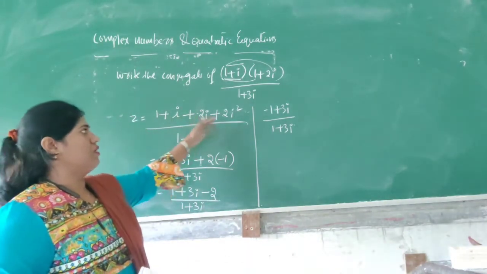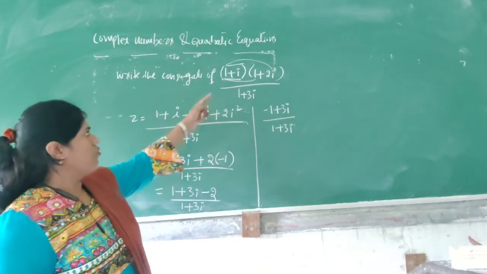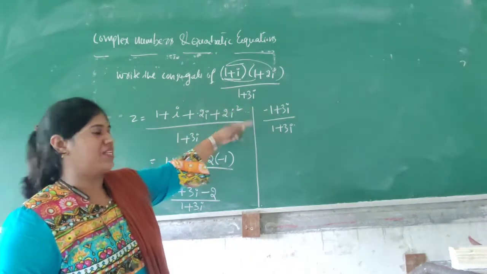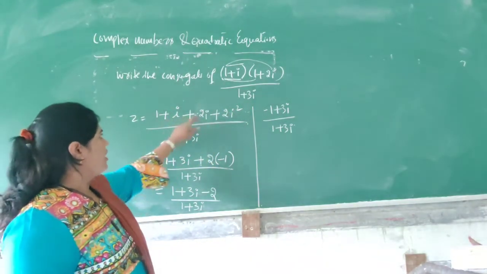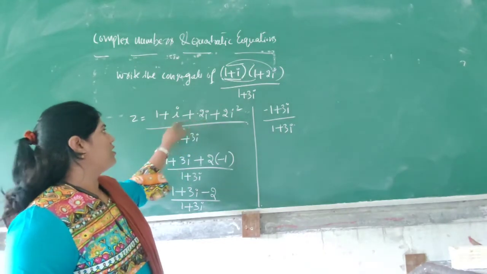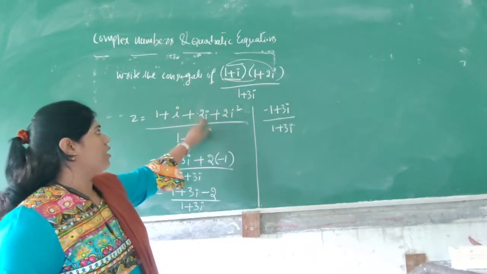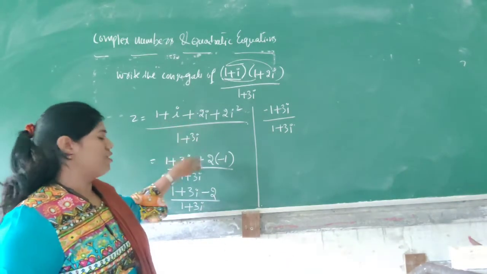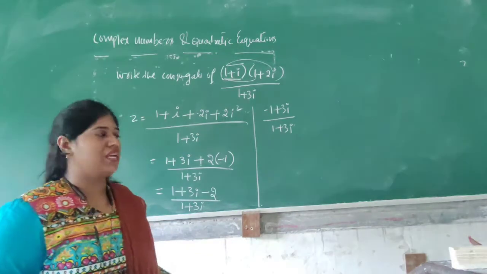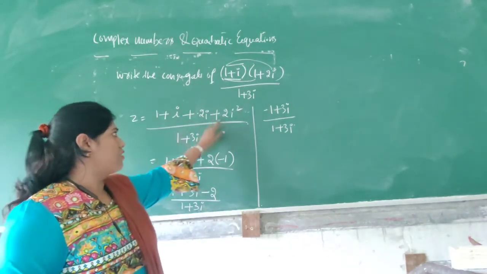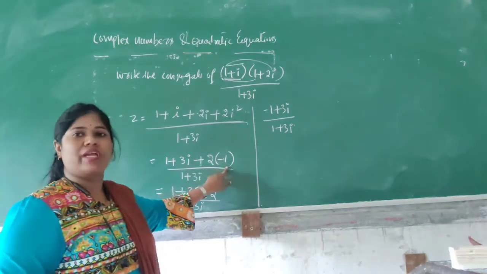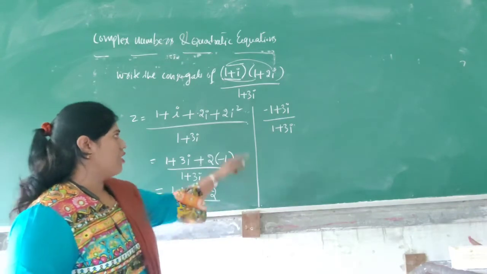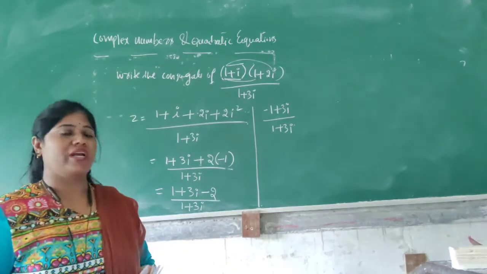So there is no doubt in that, no? First we have multiplied; the numerator we have simplified and the denominator we kept as it is. After this, see 1 plus i plus 2i. These are like terms, i plus 2i. What is the coefficient of i here? 1 and 2, so 2 plus 1 is 3. You have to write i as it is. 2i plus i is 3i, plus 2 i square. Because i square value is minus 1. So simplify this one, you get minus 1 plus 3i divided by 1 plus 3i.